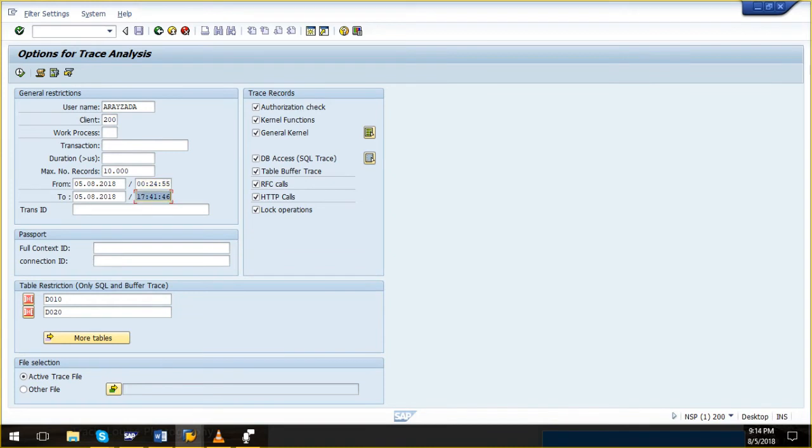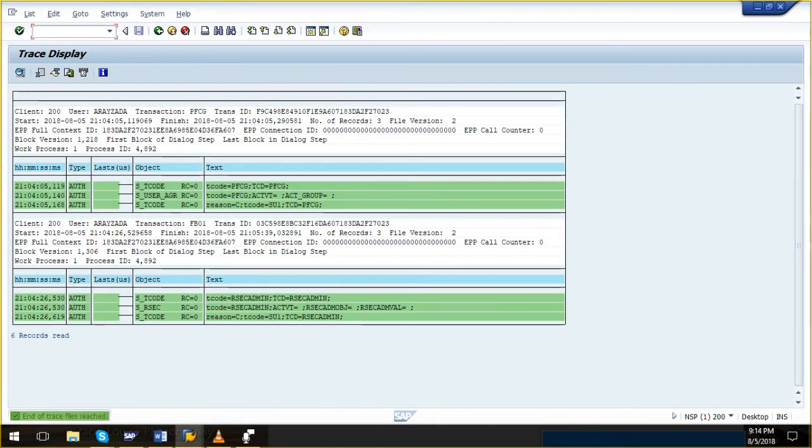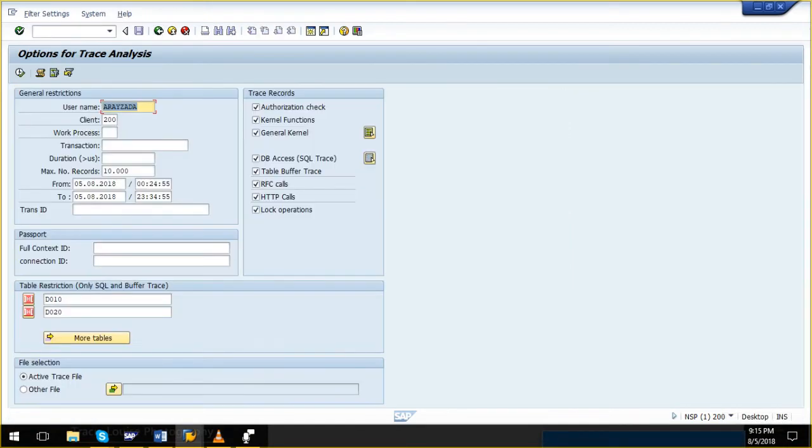It's taking trace for the entire day actually. तो मेरा सेशन तो दो में एक मिनट का था. That's why it is giving me the timestamp here correctly. So it's like 21 hours, because 9 बज रहा है, 9 बज के 15 मिनट हो रहे हैं. So I executed this around 10 minutes back. That's why. तो यहाँ पे if I give this timestamp correctly, if I give as 21